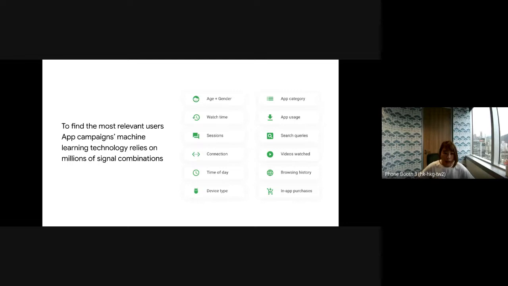And on the first segment here, you see the age and gender, which is something where we will also use Google sign-in data to bring over some of the user affinity and in-market data to help you understand what your user profile is for your app.